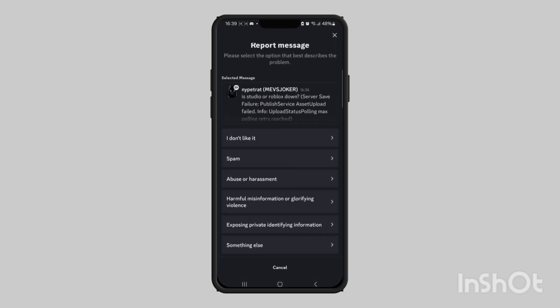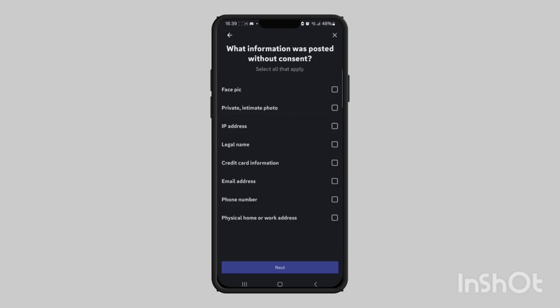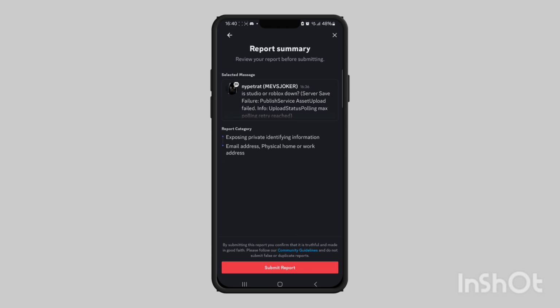why you're reporting it. You want to select exposing private identifying information. So from here it'll ask you what information was posted without consent, so you would just choose whatever they doxed. So for example, email address and physical home or work address, and then press next, and then that'll give you